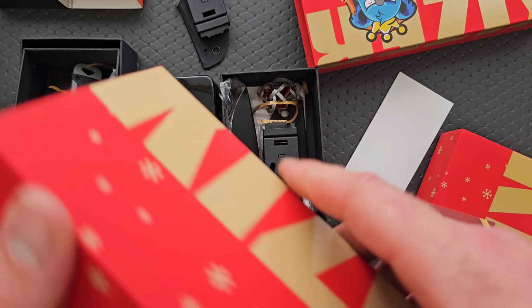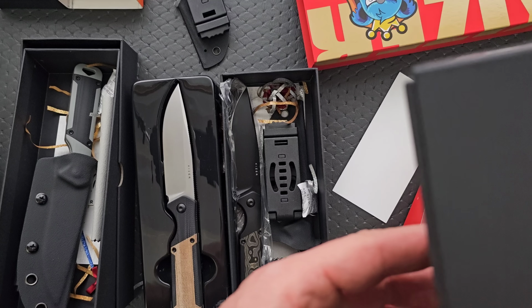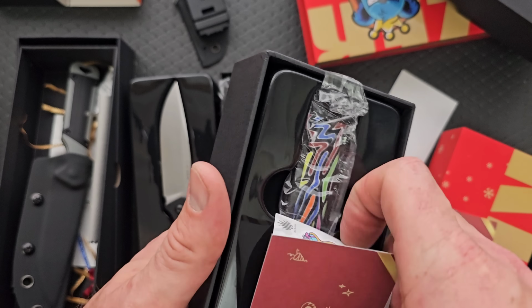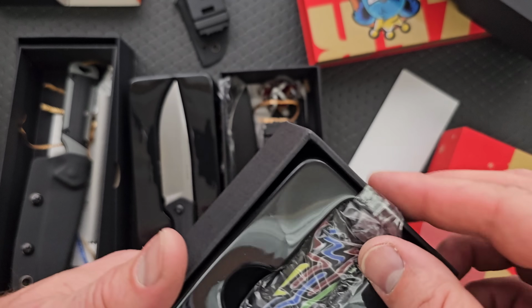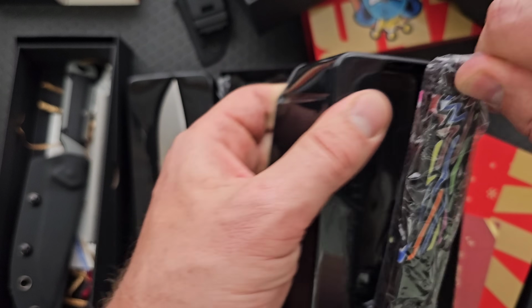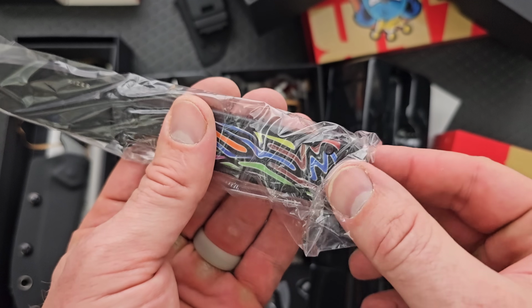And then the final one here is another D2. Let's get her out. And are we going to be wacky or are we going to be simple? What do we go? Oh, we're going to be wacky. We're going to be weird. Why? This is such a weird material. Freaking gummy worms, man. They call it party streamers. That is such a bizarre...